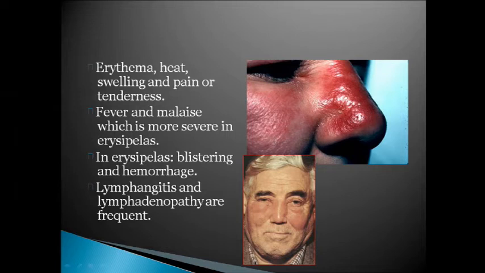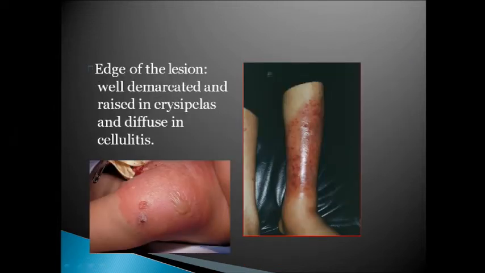Blistering is basically involvement of the superficial layer. Now the superficial layer of the skin and the deeper layer of the skin are separated. So what happens? The dermal plexus of the blood vessels is exposed. So if there is blistering, there will be copious bleeding in cases of erysipelas. Along with it, lymphangitis and regional lymphadenopathy will always be there because of the lymphatic spread of the infection to the lymph node. Here we can see again erysipelas.